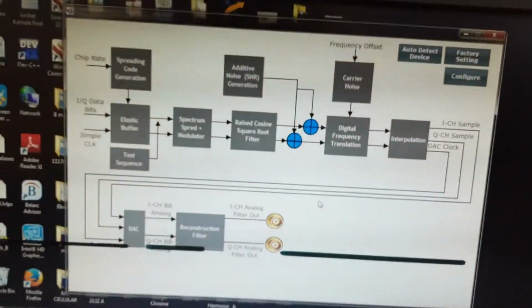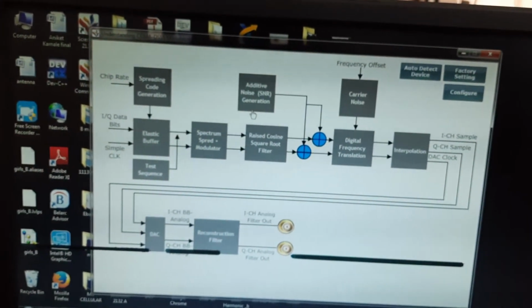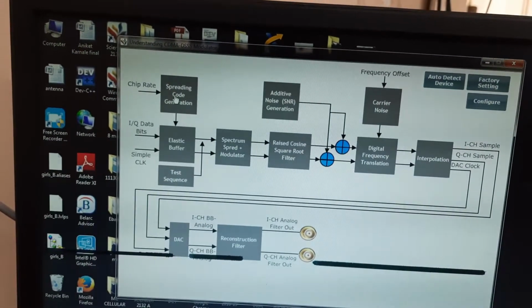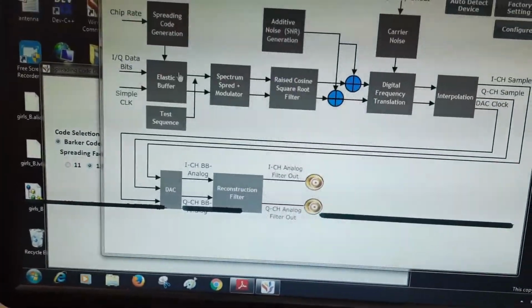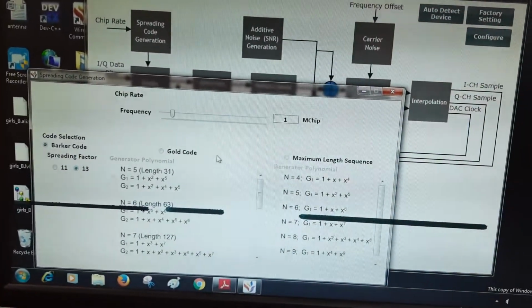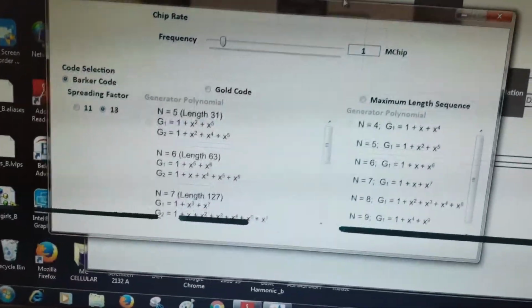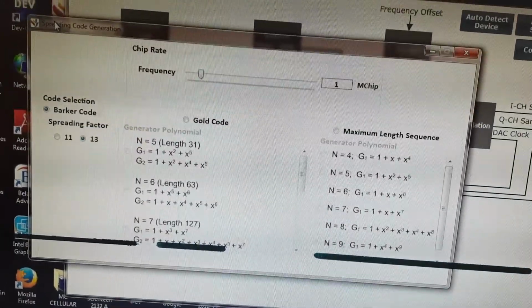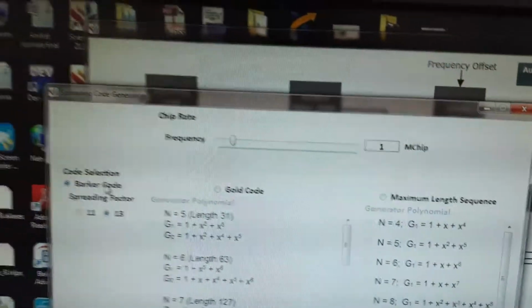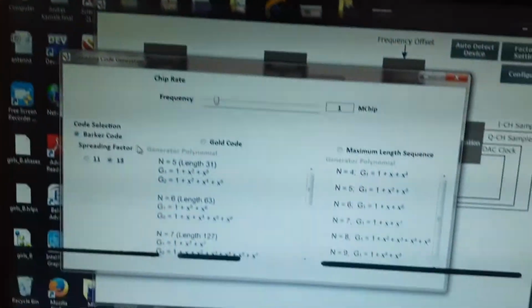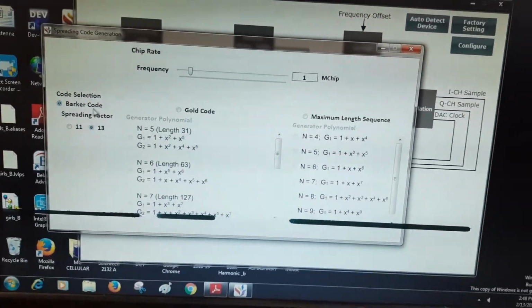Okay, and we need to configure the parameters according to our needs. These are the parameters which we will configure in our next practical. Just look at these parameters. Different codes are there, and for chip rate, as I already said, we have 1 to 10 M chips in our kit, so we can perform that.